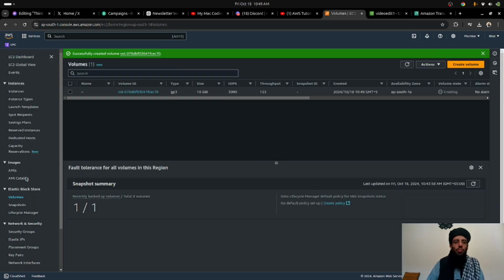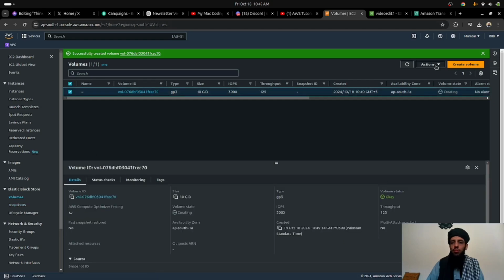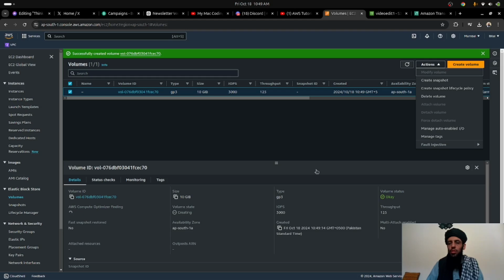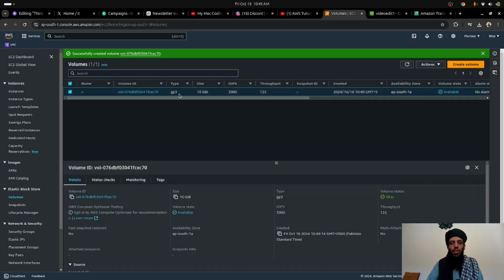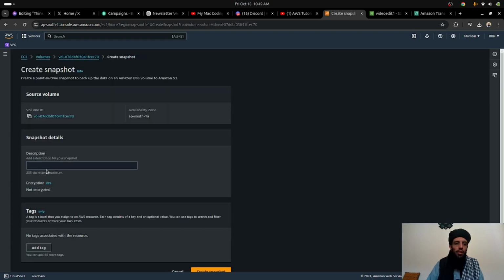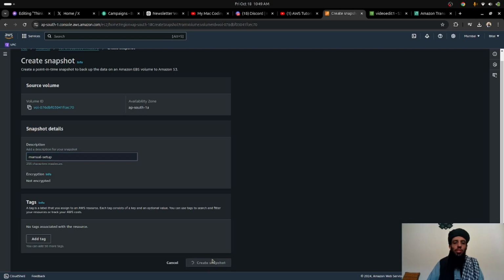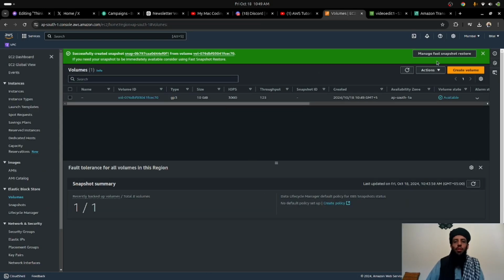Once you create a volume, let's go to the snapshot. Or before going to the snapshot, it will take some time to create this volume. Once this volume is created, as you can see here, it is created. Now I will create a snapshot of it. So let's create a snapshot, and I will call it manual setup, right? This is just a description of the snapshot that I'm creating from that volume. All right, so this is the volume section, this is a snapshot,